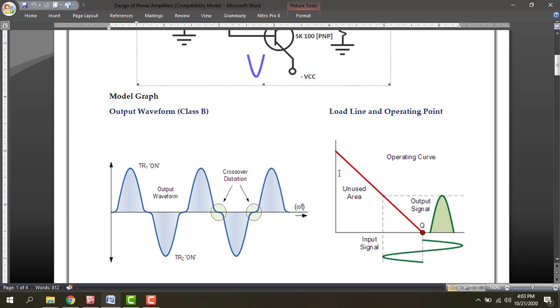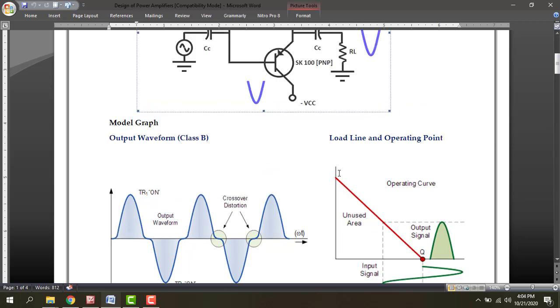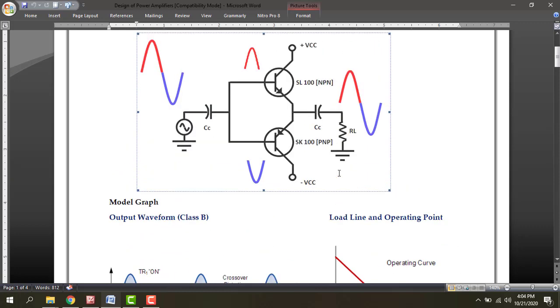In the class B amplifier, the transistor will conduct for only one half cycle. In other words, the class B amplifier doesn't have any biasing circuit. In an amplifier circuit, we normally need a biasing circuit: self bias, fixed bias, emitter feedback or collector feedback. But the class B amplifier doesn't need any biasing circuit or elements. It consists of only the load and coupling capacitors.